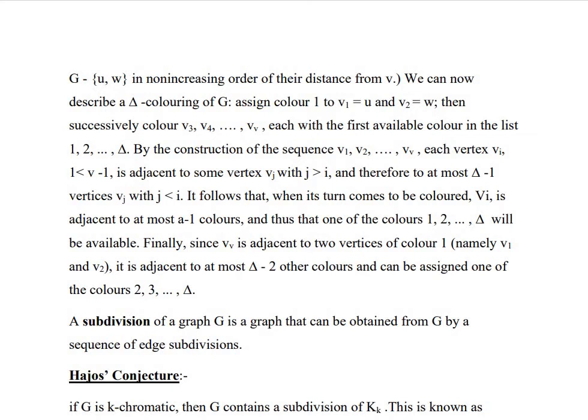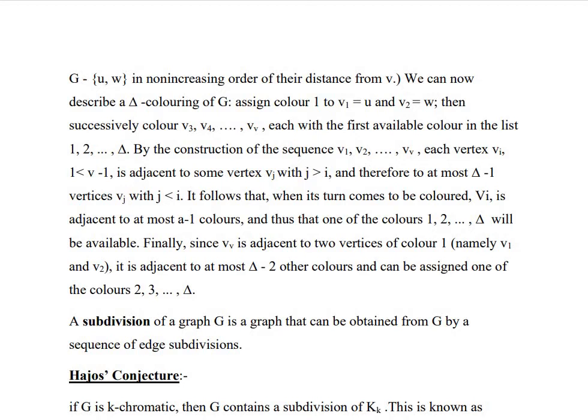We can now describe a delta coloring of G. Assign color 1 to v1 equal to u and v2 equal to w. Then successively color v3, v4, etc., vn each with the first available color in the list 1 to delta. By the construction of the sequence v1, v2, etc., vn,